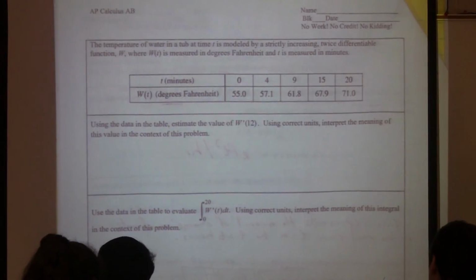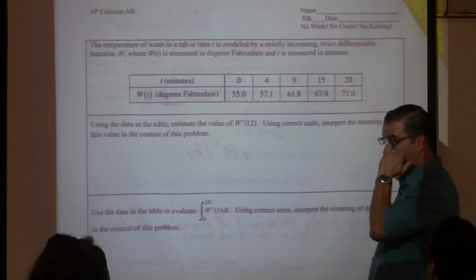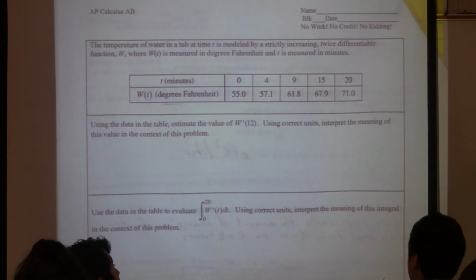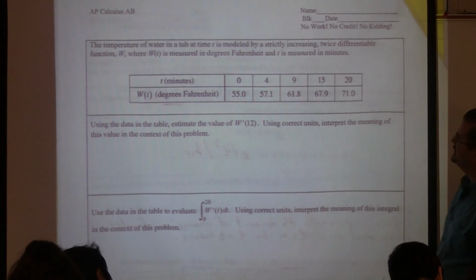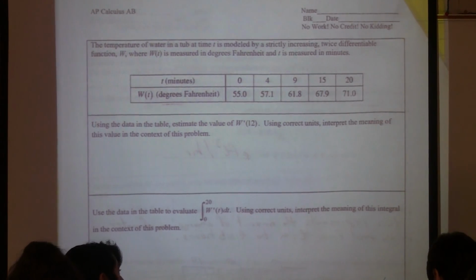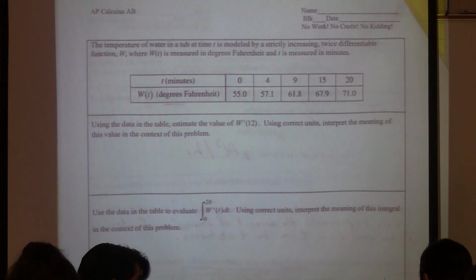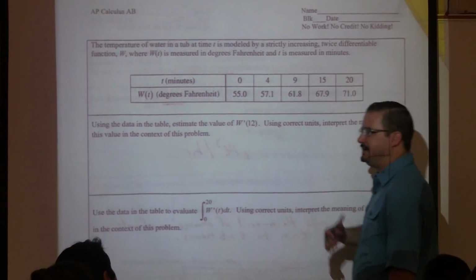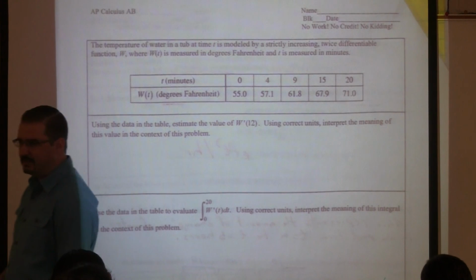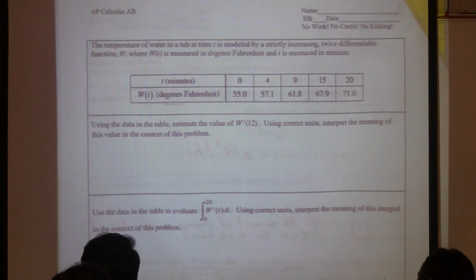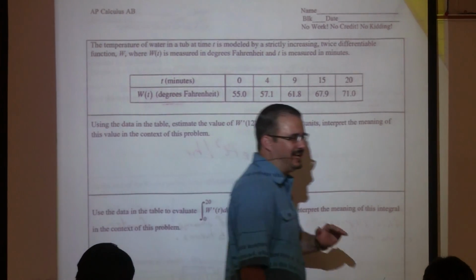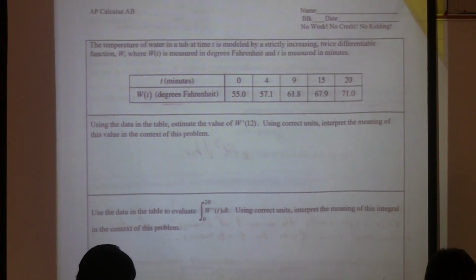What is this one describing? Temperature of water in a tub at time t is modeled by a strictly increasing and twice differentiable function w, where w of t is measured in degrees Fahrenheit and t is measured in minutes. So is this a rate? Does w represent a rate, or does w just represent an amount? It's an amount, right? It's the degrees Fahrenheit at that particular moment in time. So when I turn on the water,